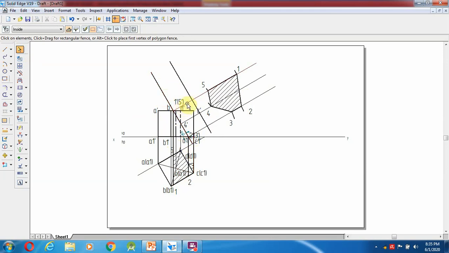After that, making the same parallel line somewhere you have drawn, then finally with the help of measuring the distance from here to here, I mark over here, and finally I get the true shape of the section. Like this way we have to find or draw the true shape of the section as well as this section of solids. Okay, with that the section of solids gets over.